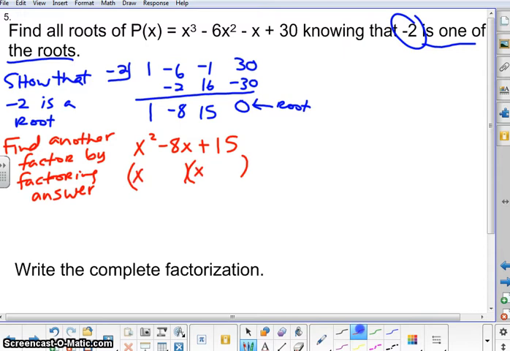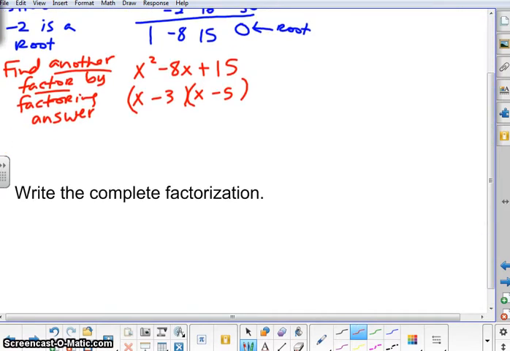x and x. Factors of 15 that will give us negative 8 are negative 3 and negative 5. Okay, so you have just accomplished your goal. We found another factor. Not only did we find another factor, but we found a second one as well. So that leads us to the next question. Write the complete factorization. So all the factors that apply here for this function, remember the original function was p